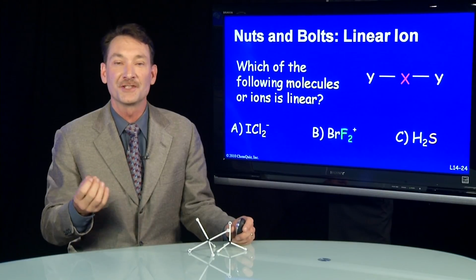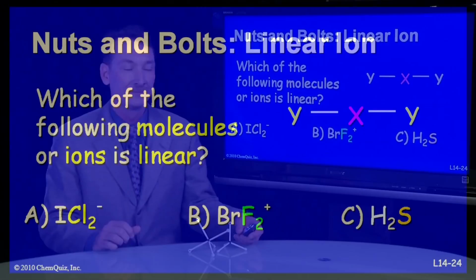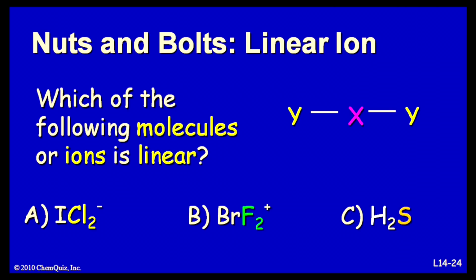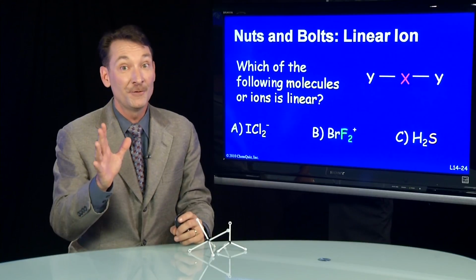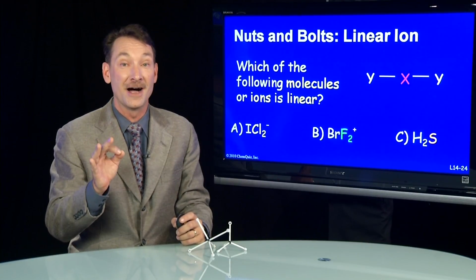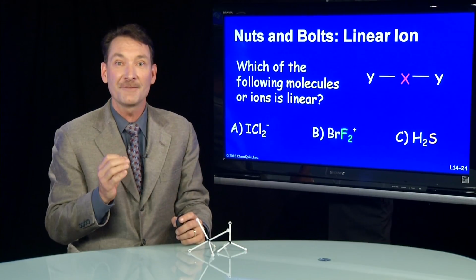Let's look at a couple molecules and see if we can find which one is linear. Here I have ICl2-, BrF2+, and H2S. All of them have 3 substituents, so they all have the potential to be linear. But don't be fooled. Remember, to find a linear ion or molecule, what we have to do is first draw